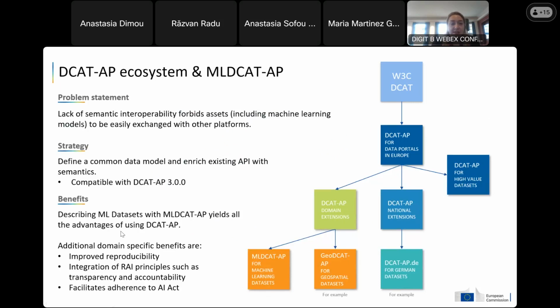Well, we have seen that the lack of semantic interoperability prevents assets, including machine learning models, from being easily exchanged between platforms. And of course, we are now officially in the era of AI, and there are more and more platforms where AI models become available. But at the same time, we are also in the era of the AI Act, for example. So we need to make sure that when we want to find a model,